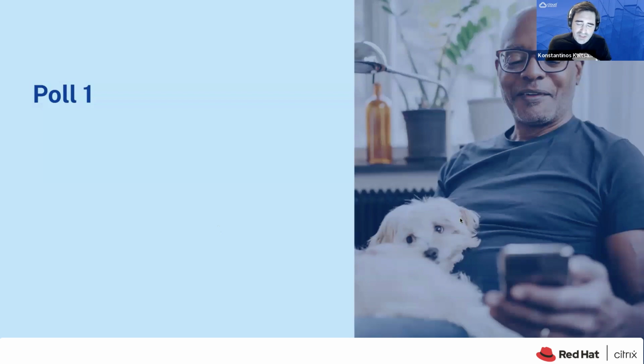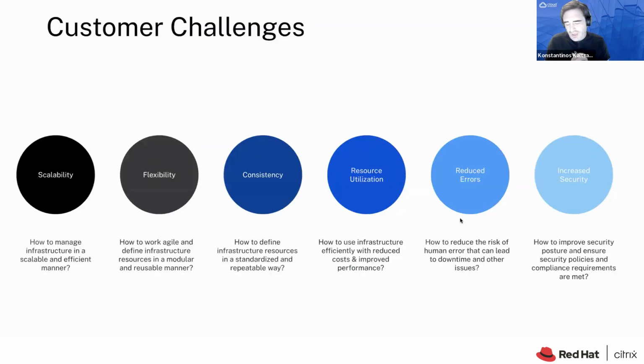So let's move on to focusing on automation. As a first step, I want to share some insights about the responses we are getting from our customers. We are interacting with many customers coming from IT departments, and there are some specific challenges they are facing.